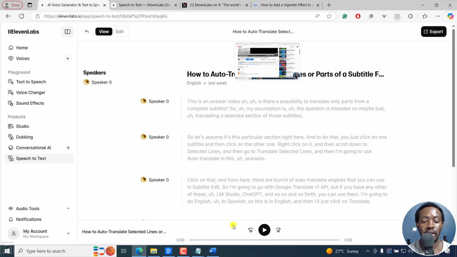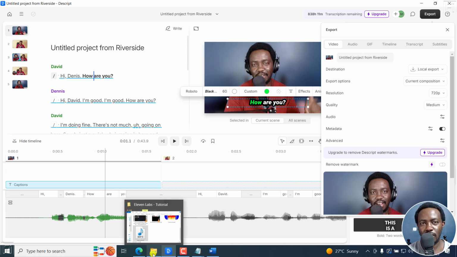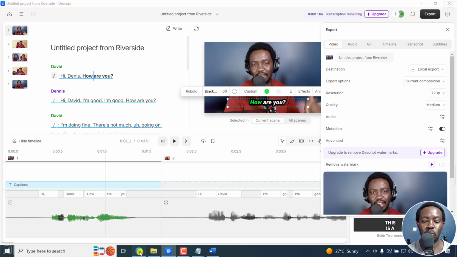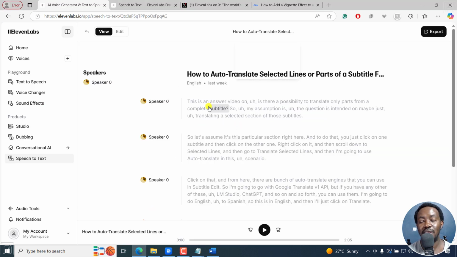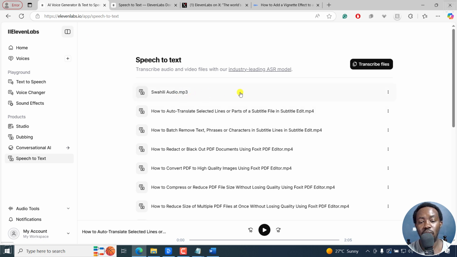From what I've compared, if I even did a comparison for my audio, English is not a first language to me. What Descript does versus what ElevenLabs does is, ElevenLabs is much better with transcription of languages, and I've actually even tested a Swahili audio, and it's really good in what it does. So those are some few features that can make ElevenLabs Scribe perfect if they can be